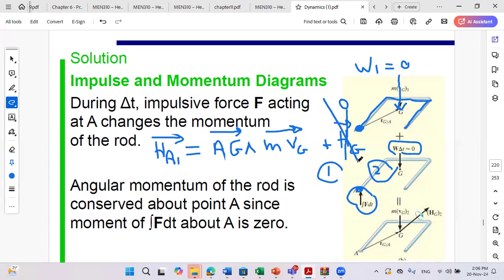This term cancels out at state 1, so at state 1 you just have the moment of mVG1